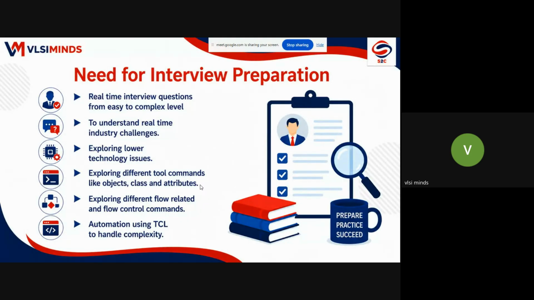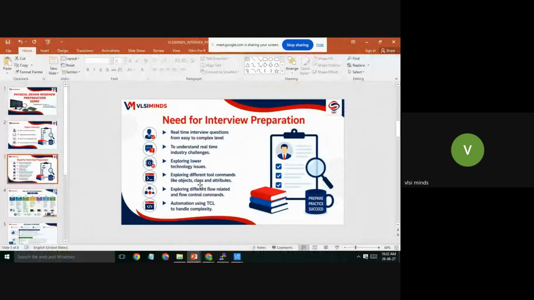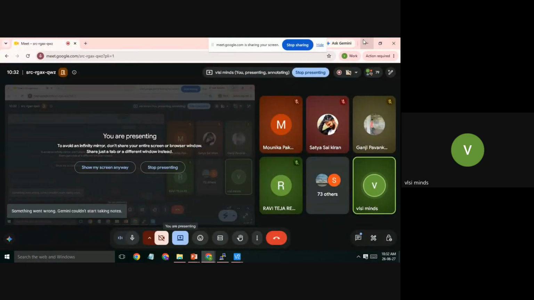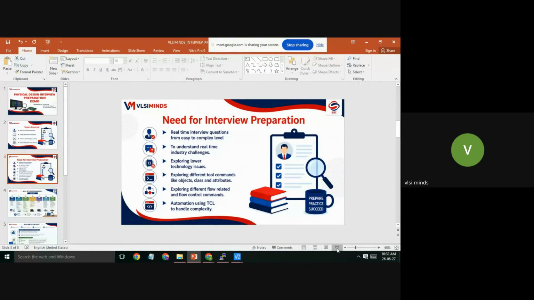For example, I will give you a net N1, and I'm asking you to find on what layers this net is routed. On what all layers is this net routed? Find it. Then can anyone tell me what command you will use? Can anyone tell what command is used to find on what layers this entire net is routed?